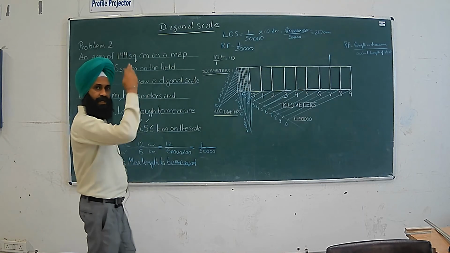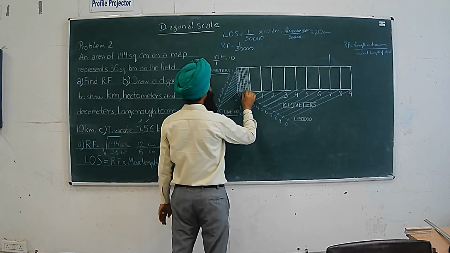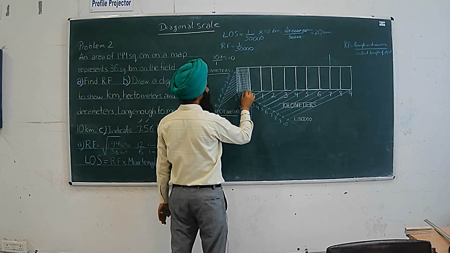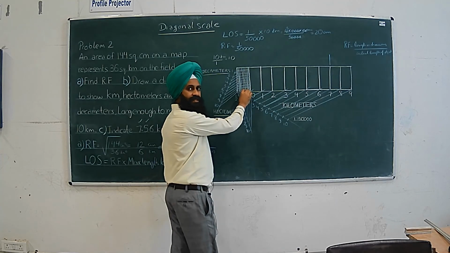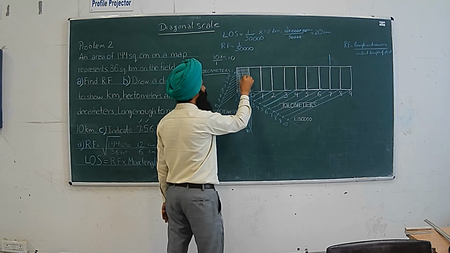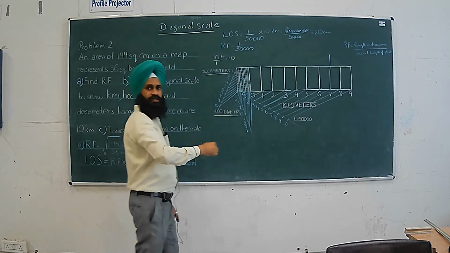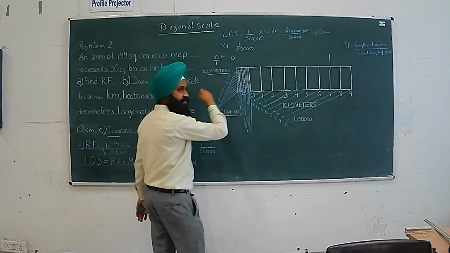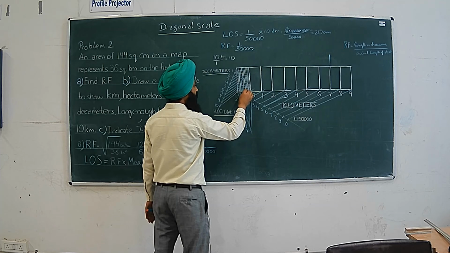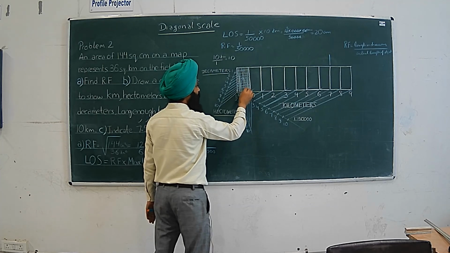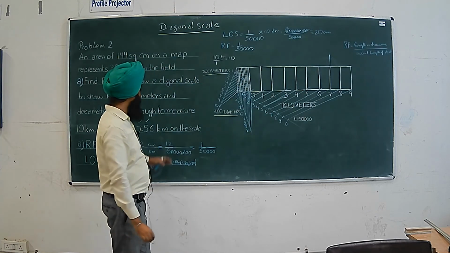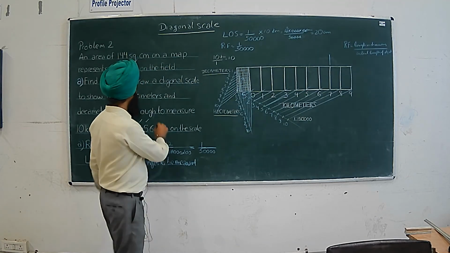Next is 6. So move on this line which is joining the bottom of 5th with the top of 6th, which is not visible over here, but start climbing this line. First, second, third, fourth, fifth and 6th step. So these are the steps. Horizontal lines are the steps in this. So on line number 5 you climb the steps 1, 2, 3, 4, 5 and 6 up to 6. So it will be 7.56 kilometers.